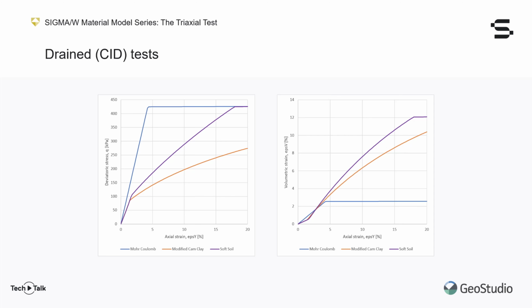These plots show the simulation results for the Mohr-Coulomb, modified Cam-clay, and soft soil models. We had already looked at the Mohr-Coulomb results earlier, shown in blue. The modified Cam-clay results are in red. As said earlier, once the modified Cam-clay's yield surface is touched, elastoplastic deformation softens the soil's behavior, creating large volumetric